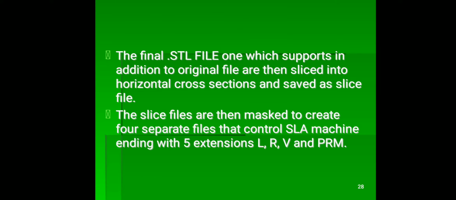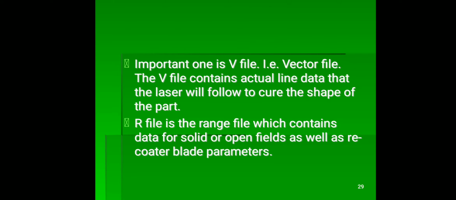As you have seen in the diagram, the STL file is used to basically control the laser in three axes: Z axis, X axis and Y axis. On the Z axis, the platform moves in a downward direction, where slices are formed one layer, then the second layer, the third layer, the fourth layer, fifth layer, and so on. And finally, when a complete component is manufactured, it is cured in the UV oven. So this is basically the process of this one.